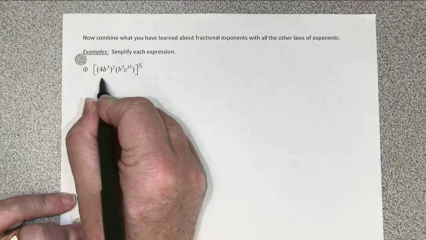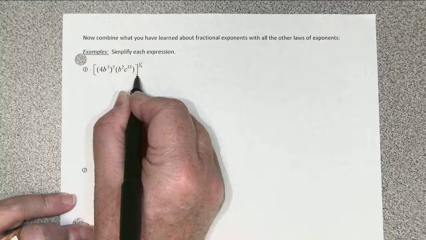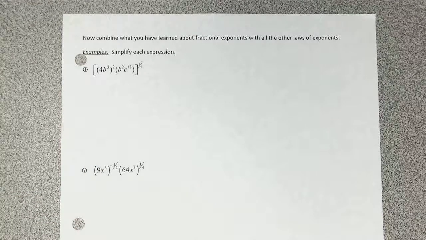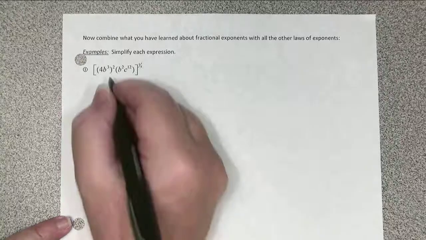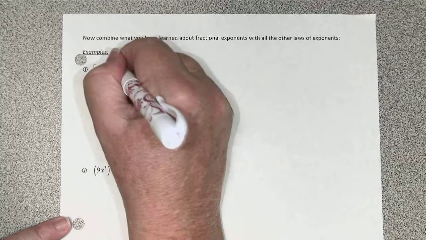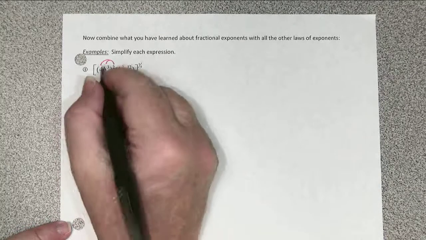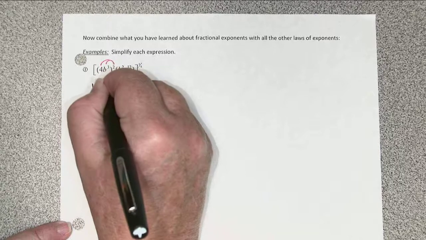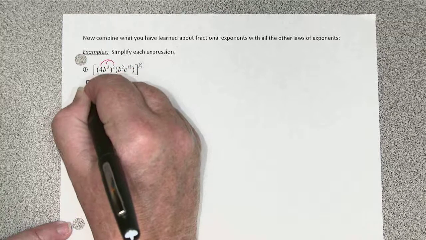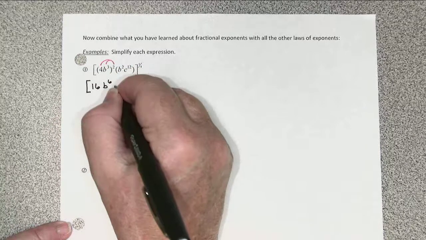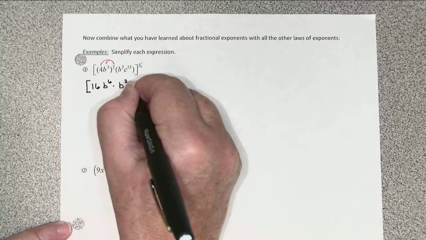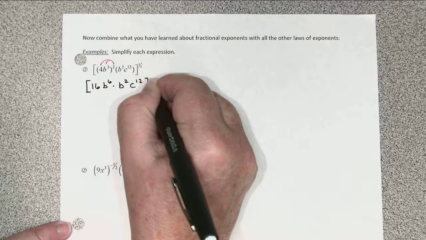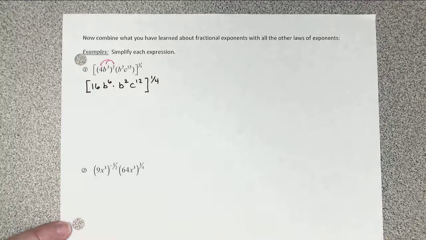All right, in number 1, I'm going to start inside my brackets. I know I've got a 1/4 power outside them, but for the moment I'm just going to simplify inside the brackets. This exponent of 2 gets applied to both factors. So I would have 4 squared, or 16, b to the 6th, times b squared, c to the 12th, all to the 1/4 power,